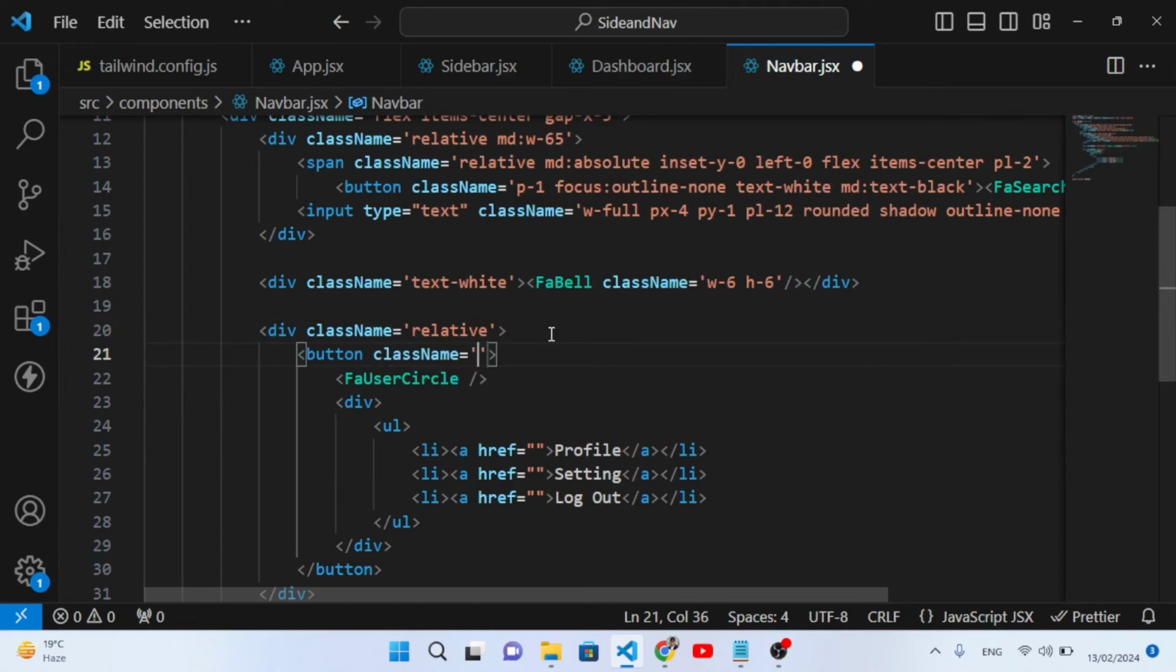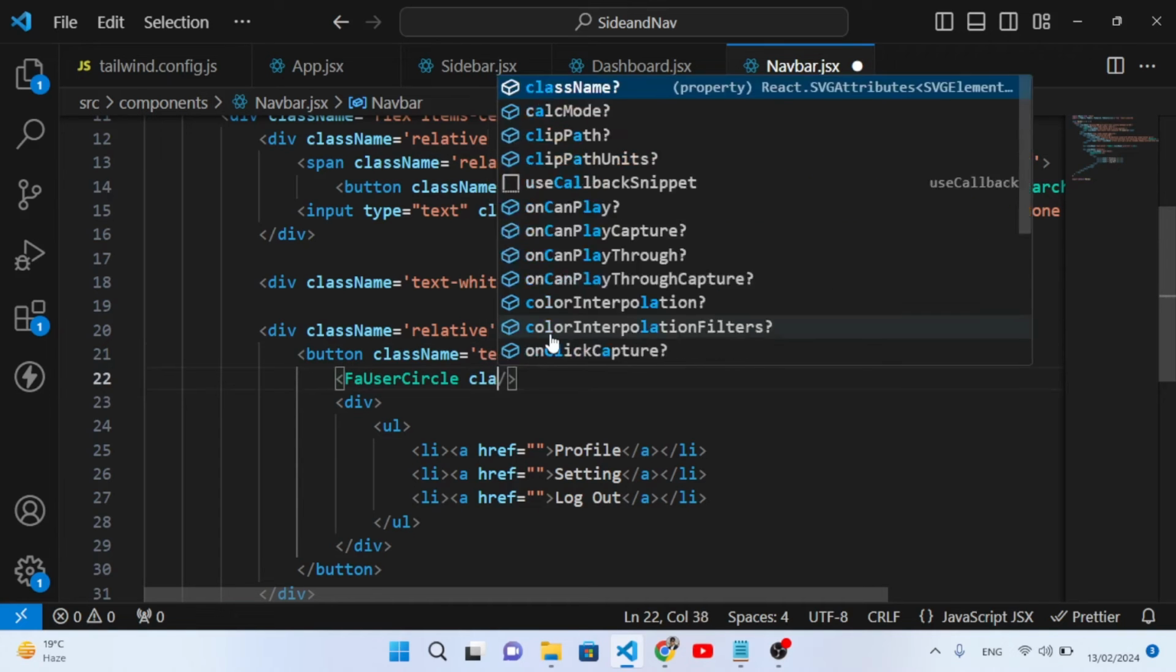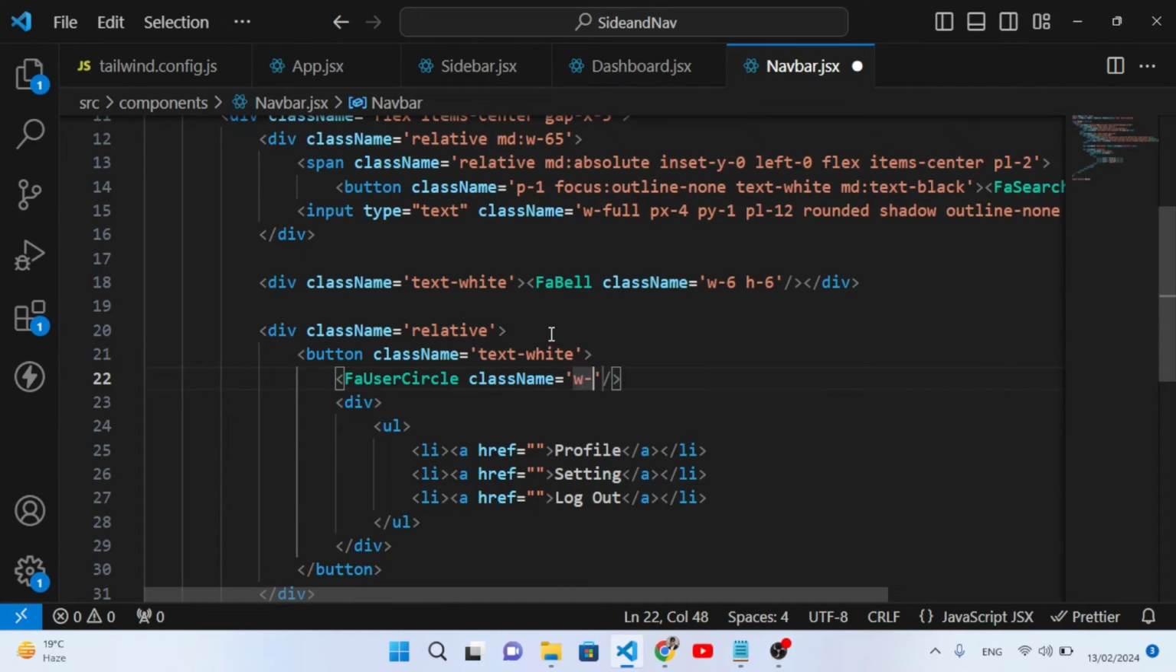Now to the button. Add a class name to the button, which is text white. Now let's add a class name to this icon: width 6, height 6, and margin top 1. After that let's add classes to this div element: z-10, it means it would be at the top whenever we display this drop down, and by default this is hidden, and make it absolute, and top would be